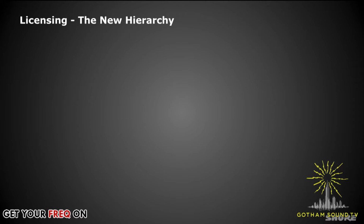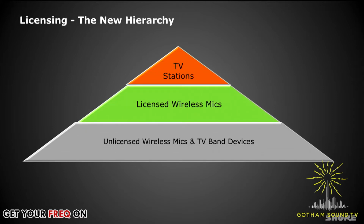We talked briefly about it, but this slide's pretty cool because it shows you the actual hierarchy of who's in charge about licensing and so forth. At the top of the pyramid here, the TV stations are paramount. They pretty much rule that specific frequency range that they're licensed to use. Second under that would be licensed wireless microphones. So if you apply for that license and you get it, houses of worship and sound companies and venues that routinely use more than 50 channels at a time, or are producing content for that matter,